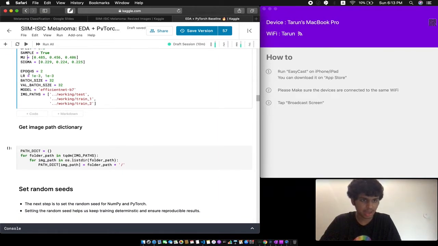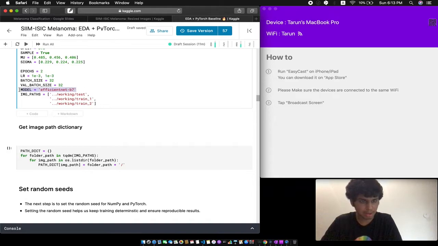And now we have a couple of hyperparameters which are specific to training of the model. Epochs 2, learning rate 0.001, and then batch size of 32. Batch size of 32 seemed to be pretty stable for me while training on TPUs, so I stuck with it. 64 results in some sort of out of memory errors with the TPU. So I stuck with 32 because this is the maximum batch size that I could get to work.